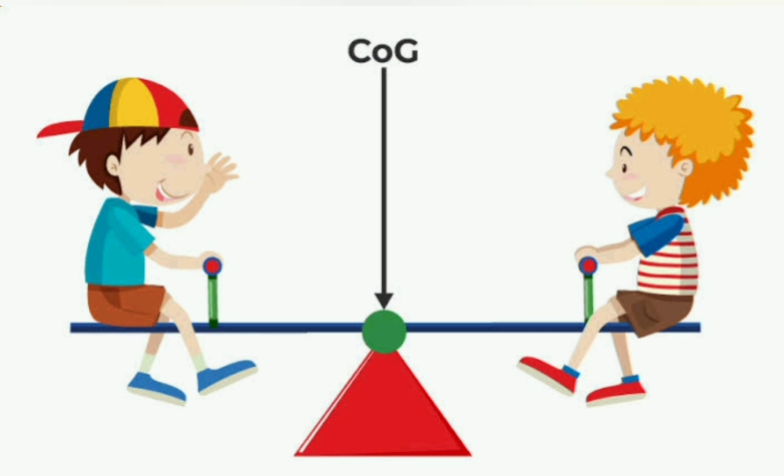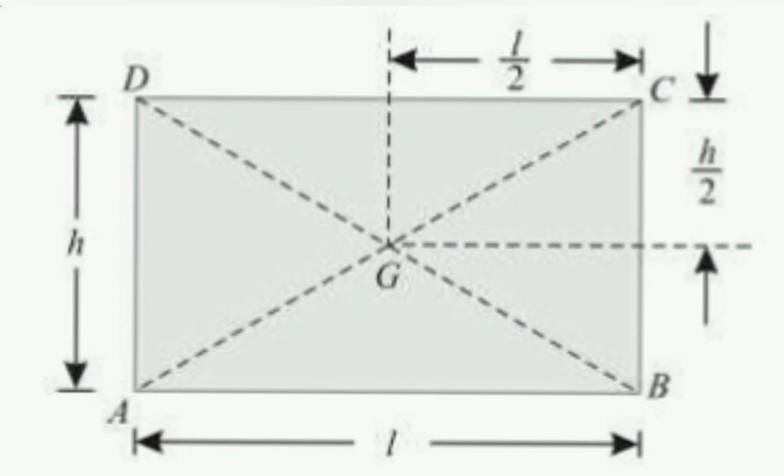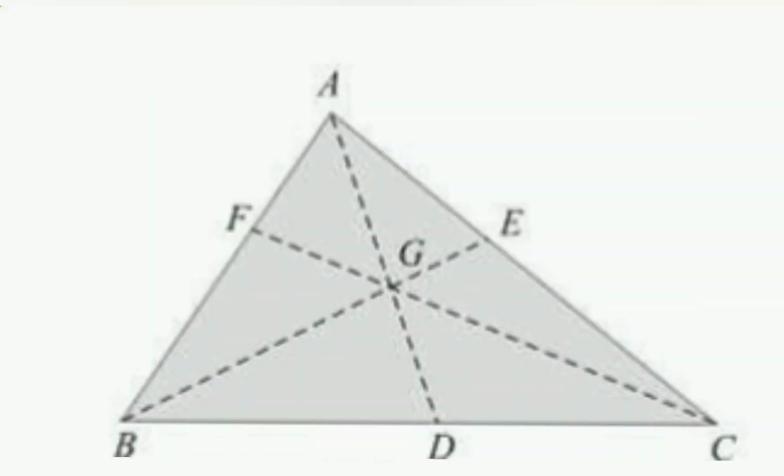How to find out center of gravity? The center of gravity of simple figures may be found out from the geometry of the figure as given below. The center of gravity of a uniform rod is at its middle point. The center of gravity of a rectangle or a parallelogram is at the point where its diagonals meet each other. It is also the middle point of the length as well as the breadth of the rectangle, as shown in figure. The center of gravity of a triangle is at the point where the three medians of the triangle meet,